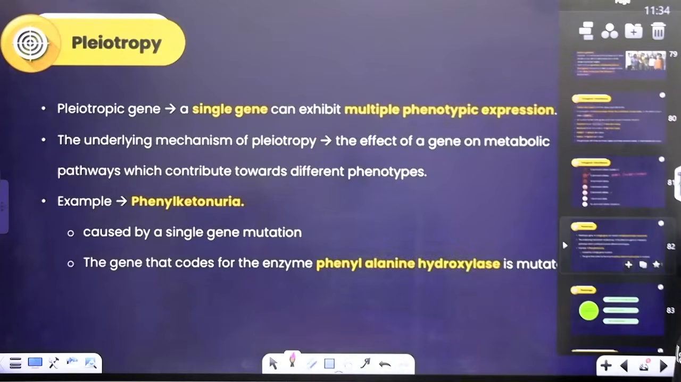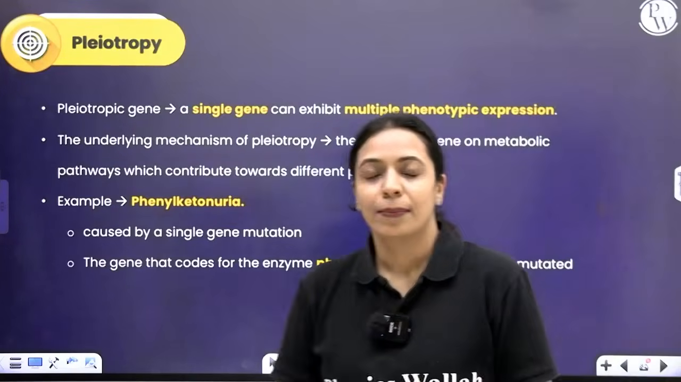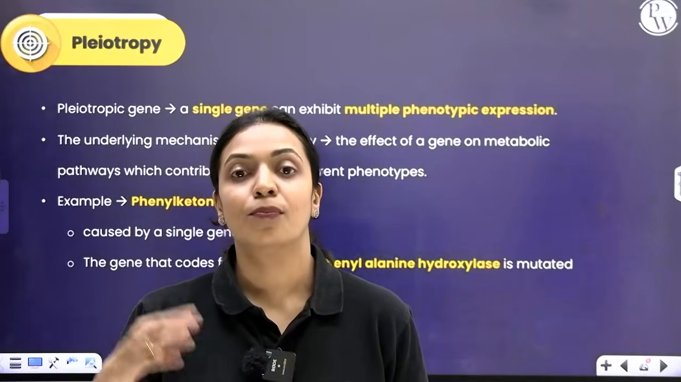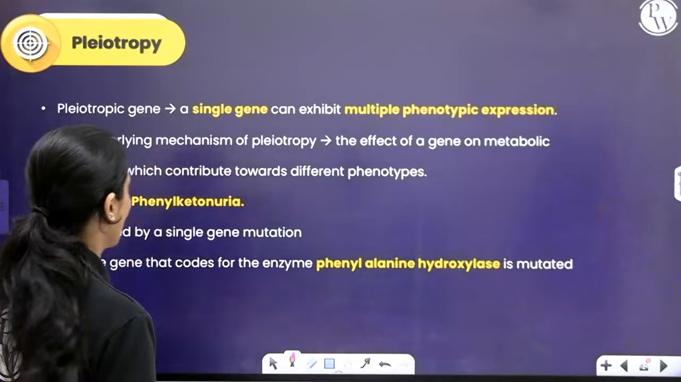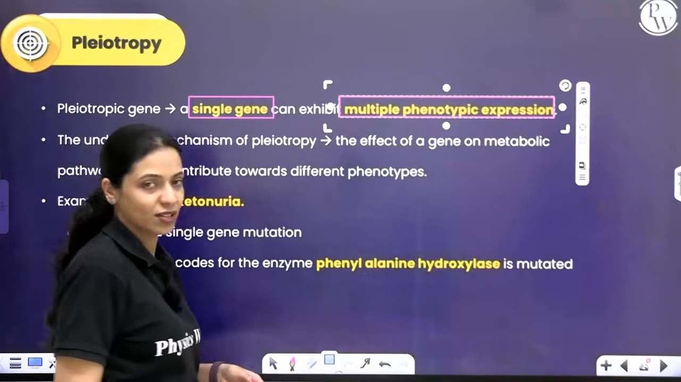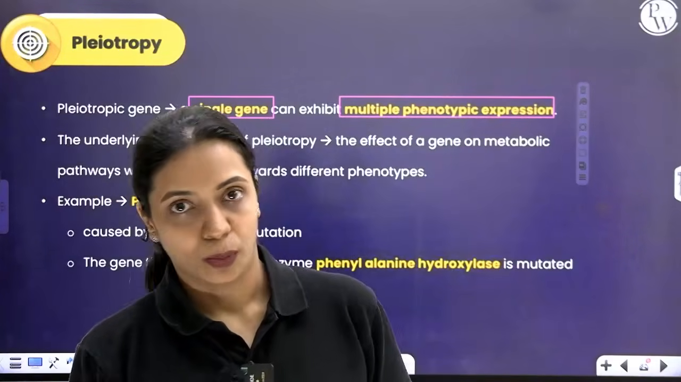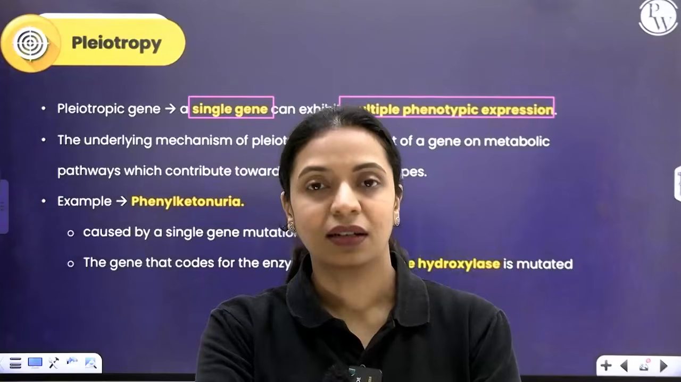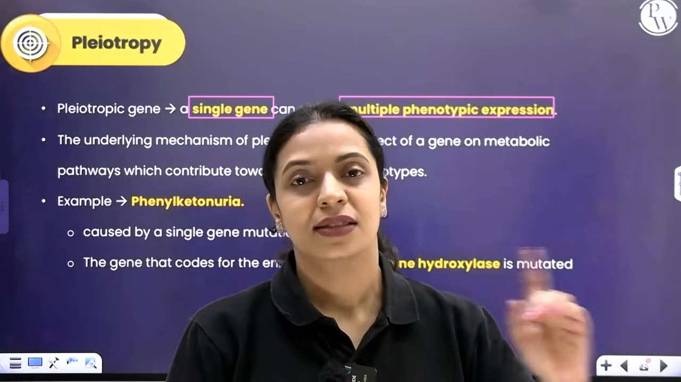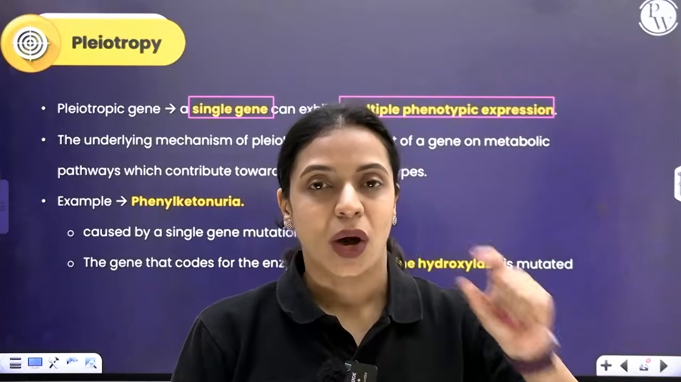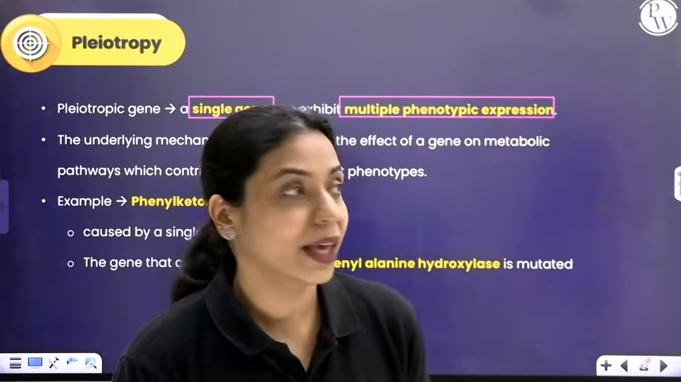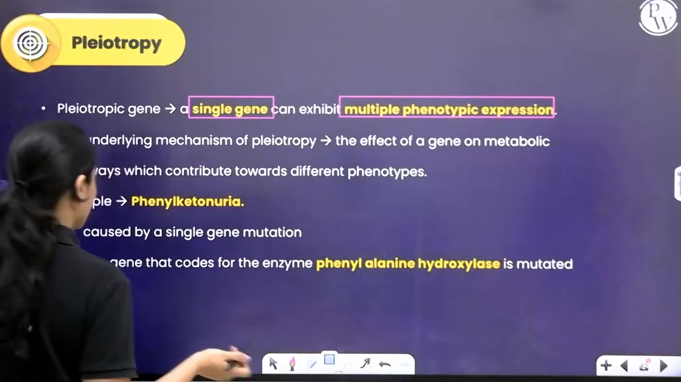That is polygenic inheritance. Then we have pleiotropy. Pleiotropy is a phenomenon where one single gene controls more than one phenotypic trait. Okay. So a single gene responsible for multiple phenotypic expressions is called pleiotropy. One character controlled by more than 2 genes is polygenic inheritance. This is kind of like the opposite. One gene controlling more than one phenotypic expression is pleiotropy. Okay. So, an example we can take